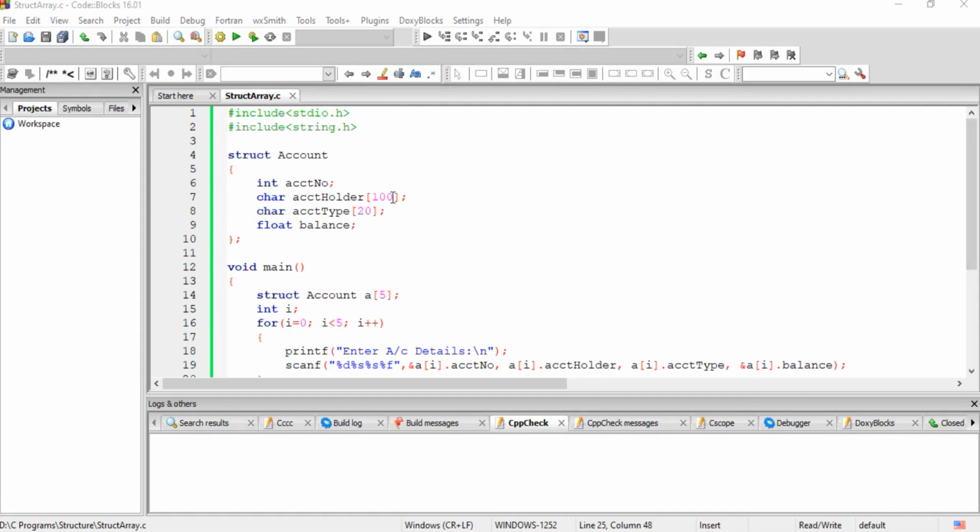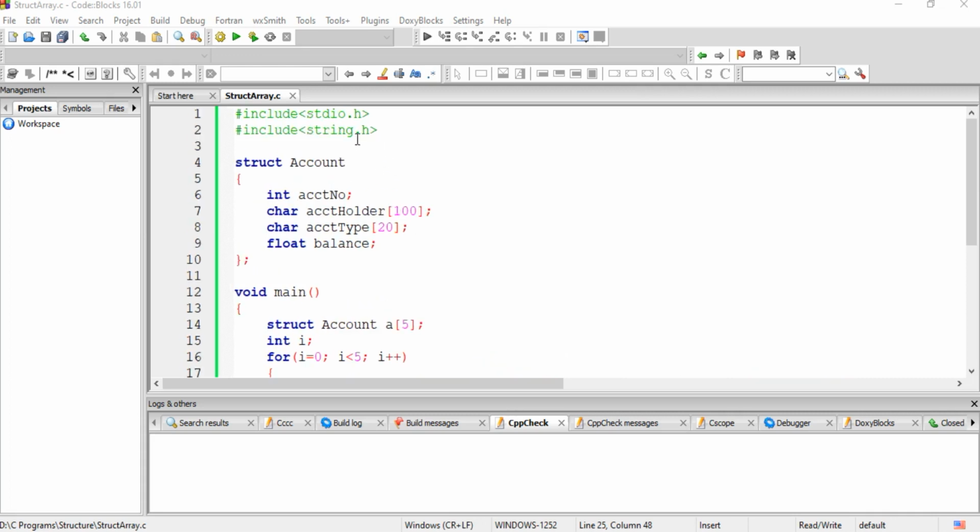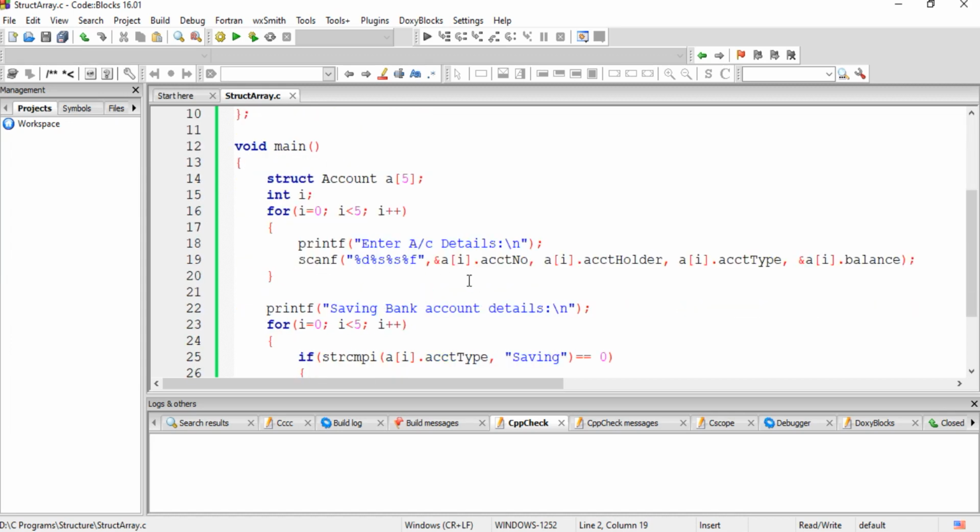As you can see, I have already typed the program in Code::Blocks. The necessary header files are included, that is stdio.h and string.h, because we are using the strcmpi function. For that purpose, this header file is included. The account structure is created. In the main function, an array of account is created. For the time being, I created the array of size 5.